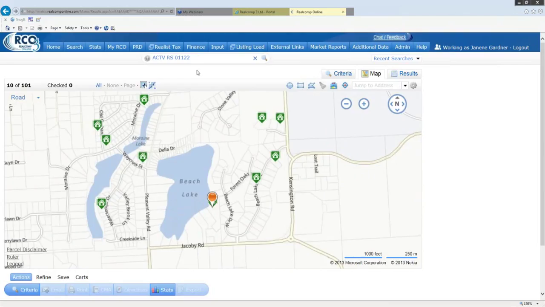Again, I can go back up to the speed bar, put a space, and again, to enter in 3 or more bedrooms, it would be 3 plus. To enter in 2 or more bathrooms would be a space and put in 2 plus. And again, I'll click the magnifying glass,